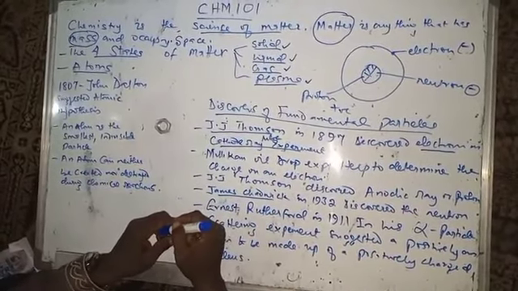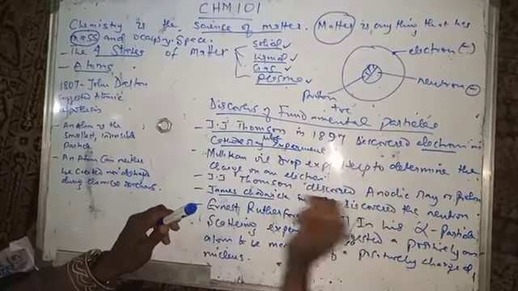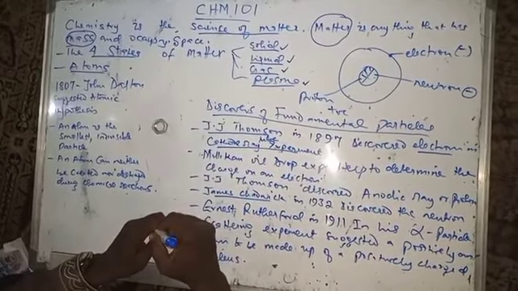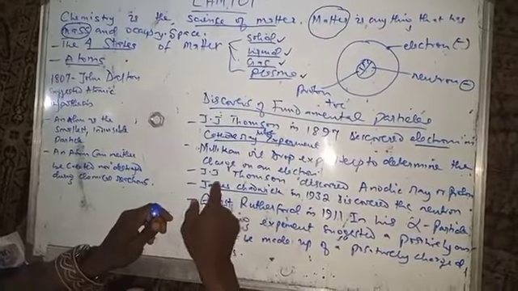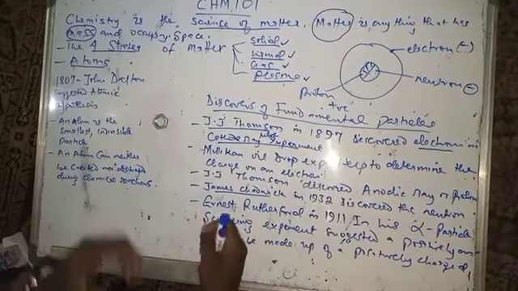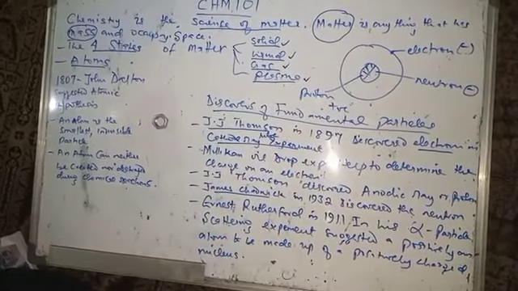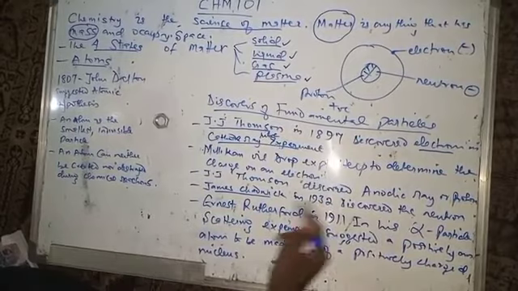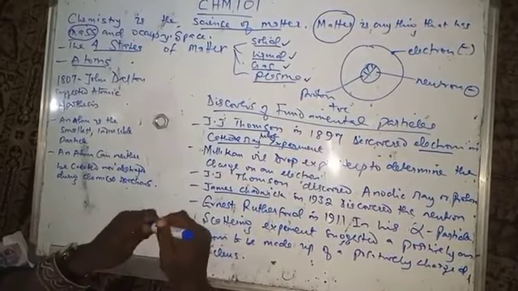So it is said that J.J. Thomson discovered the electron in 1897. At the same time, he also discovered the anodic ray, which is the proton, the opposite of the electron, and it is a ray that emanated from the anode going towards the cathode. He called that ray anodic ray.